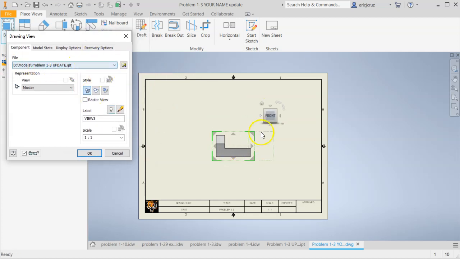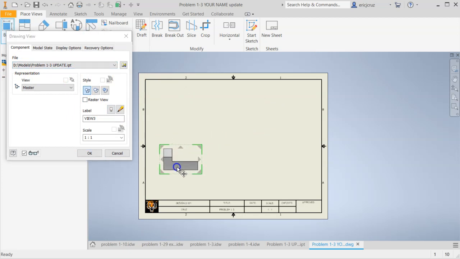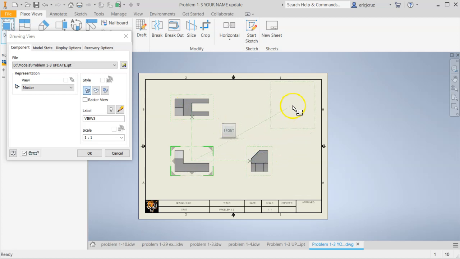With the part here, we're going to move the front view near the left corner. Then click the top view, click the side view, and then click for the isometric view to show up. It should be in the front position because that's how we started it, that's how I showed it. If not, you can always click on these little tiny triangles to move the part into the position that you see here. So make sure that it looks just like this,